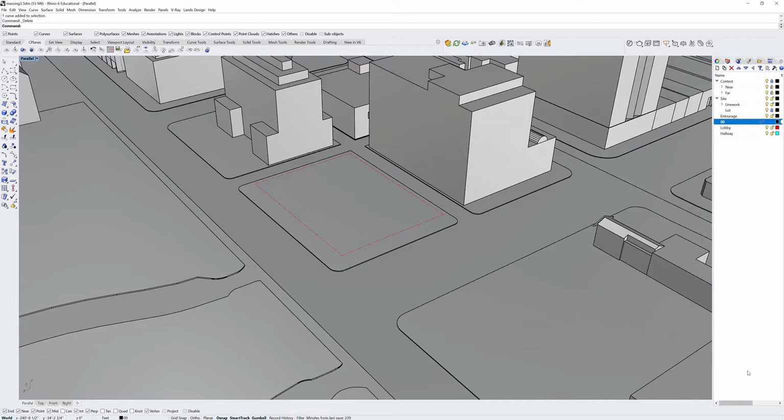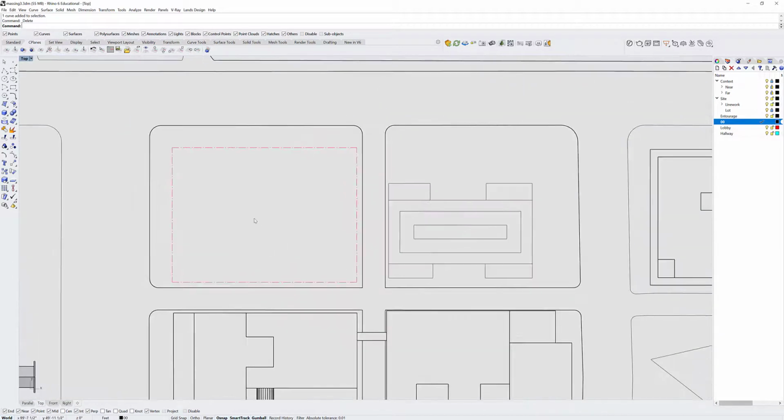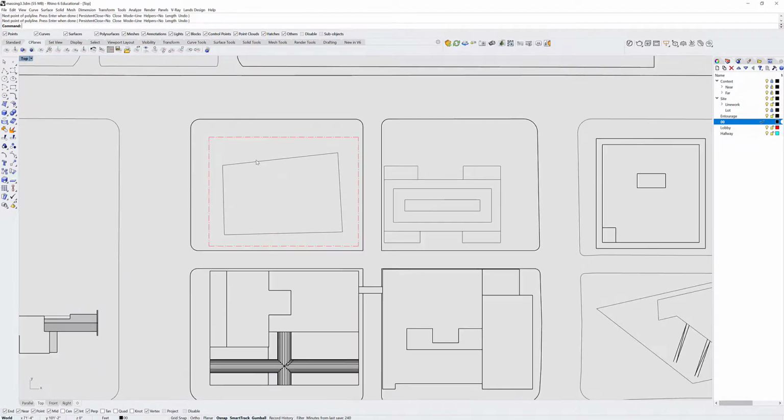The first one being drawing directly on the site, or drawing 2D elements and eventually bringing those into 3D, making them into 3D elements. So here I have the site. I'm going to go to a top view. Go away from those, and I set up the world so that the C-plane is on the bottom left corner, and you could just start drawing here. You could just draw lines or polylines if that's how you find you sketch best. You might want to be a little bit more accurate, so you could use something like a rectangle,